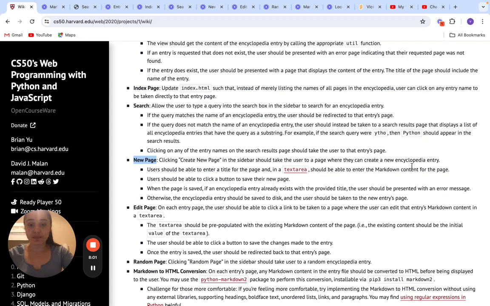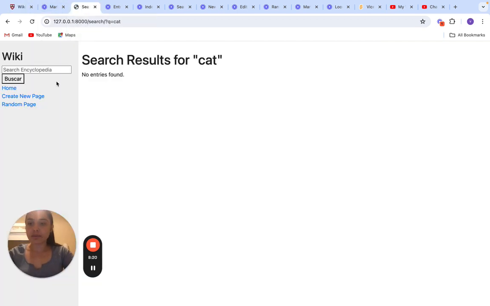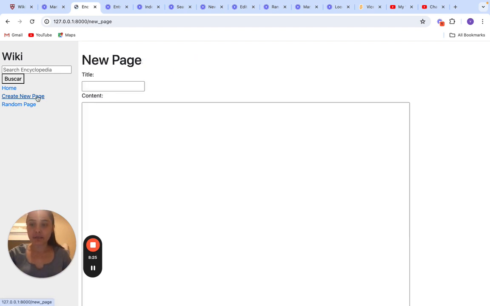encyclopedia entry. Okay. Users should be able to enter a title of the page in a text area. Should be able to enter the Markdown content for the page. Now you can see create new page link. If I click that, I can write a title for my new page here. For example,